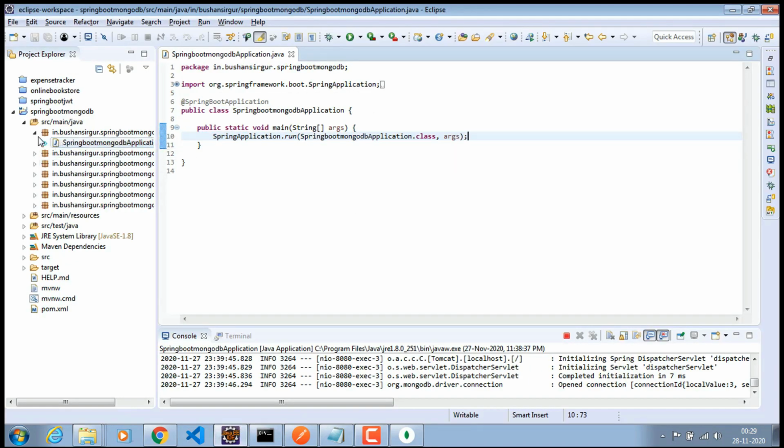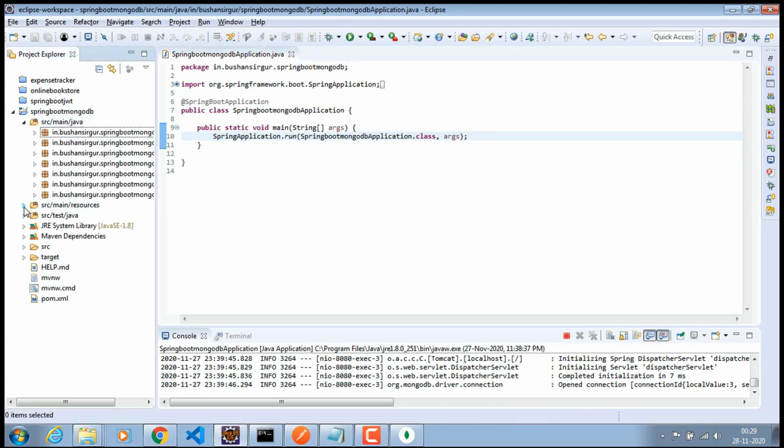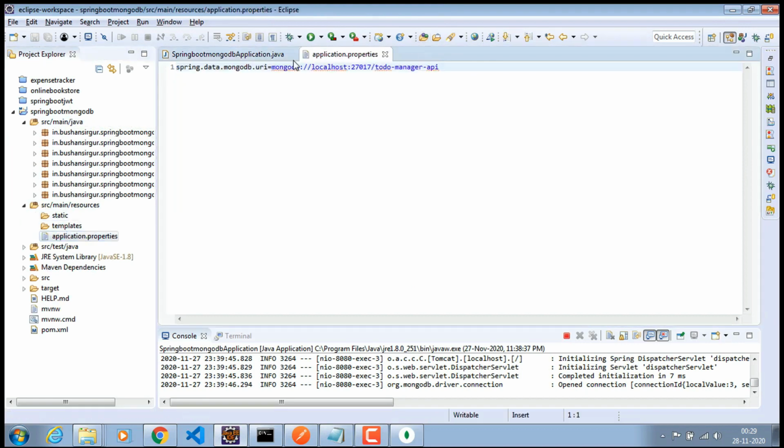Eclipse and go to the application.properties. I'm going to comment this out, and below it I'll paste the URL and make sure to change the password to task manager.